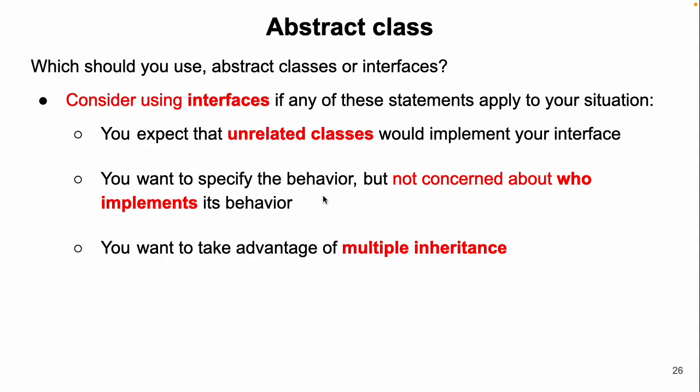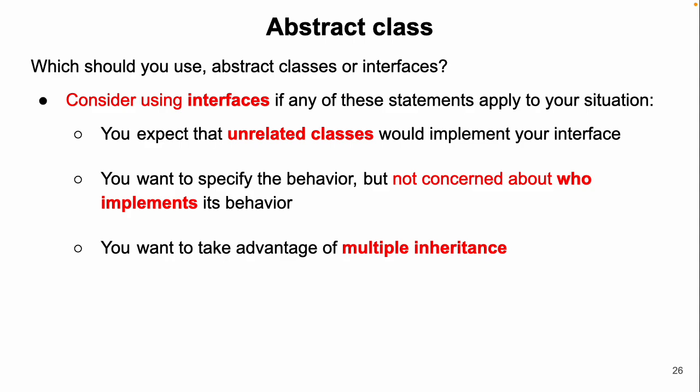And you don't bother about who is actually implementing the methods, that means the behavior. And if you want the advantage of multiple inheritance, through classes we cannot get multiple inheritance in Java, but through interfaces we can